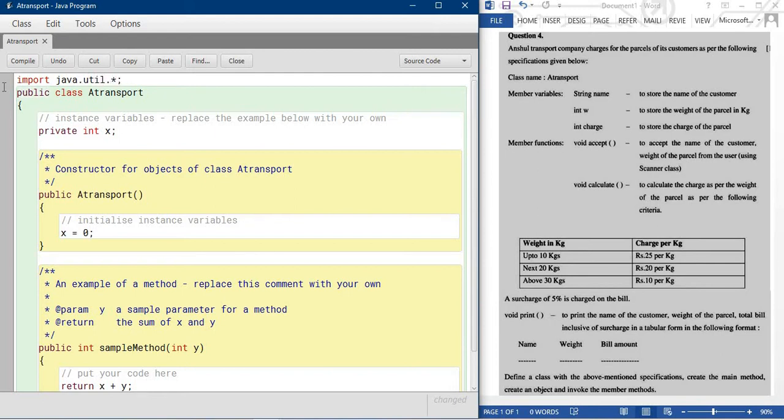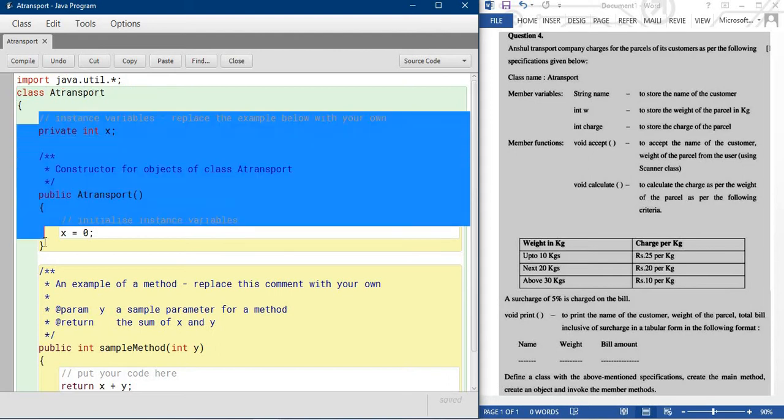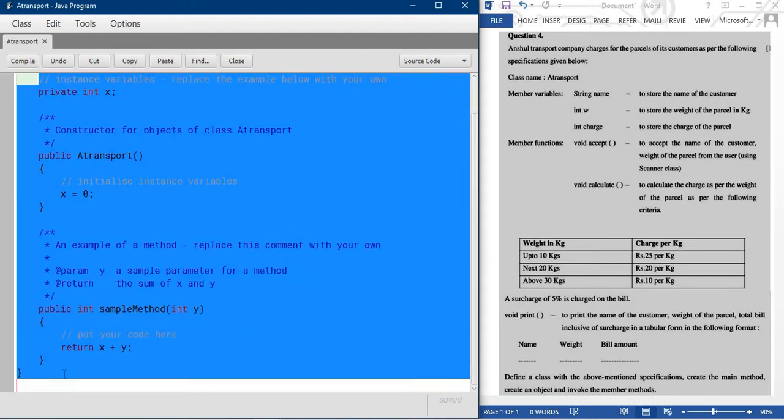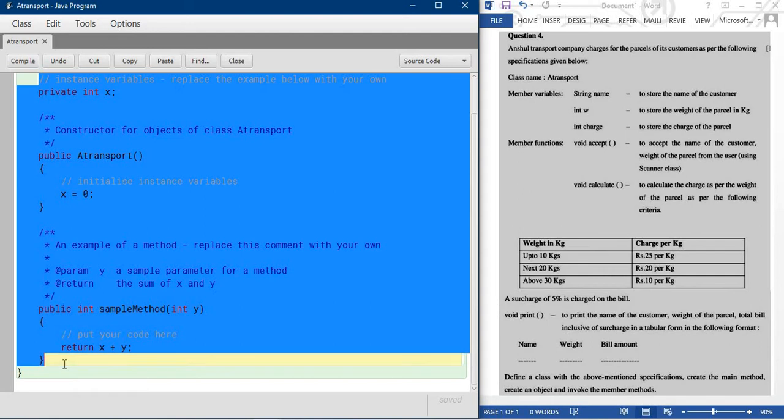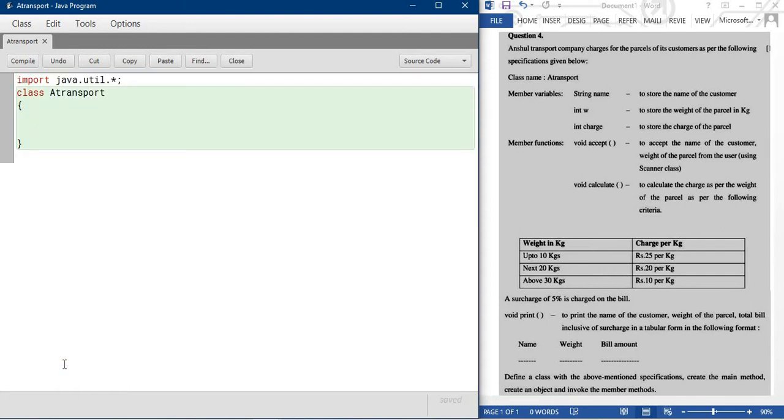I'm incorporating the package: import the util package. Now I'm writing the scanner.